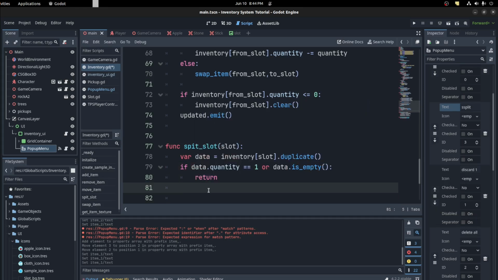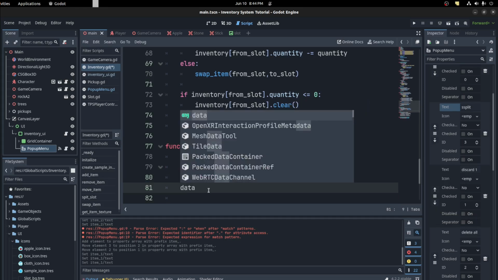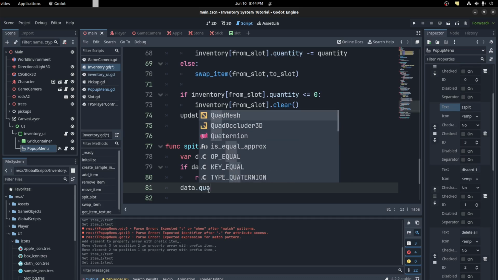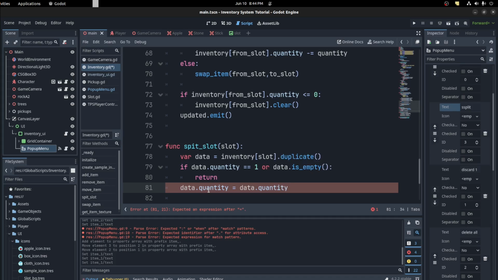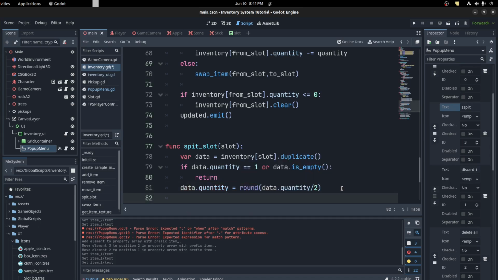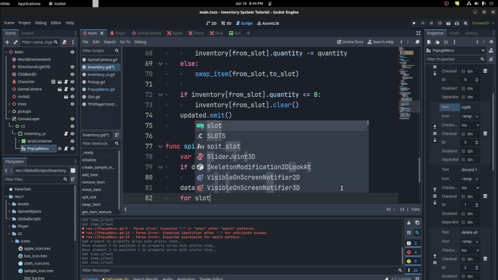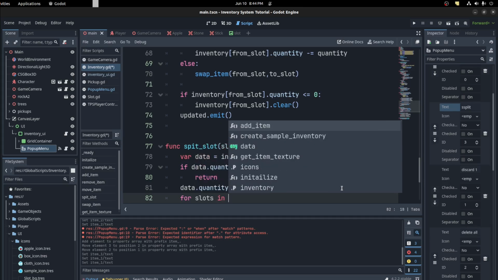So we first need that data to be half the quantity. So data dot quantity is equal to data dot quantity divided by 2. We want to round it. We want to make sure there's an empty slot. So for slots in